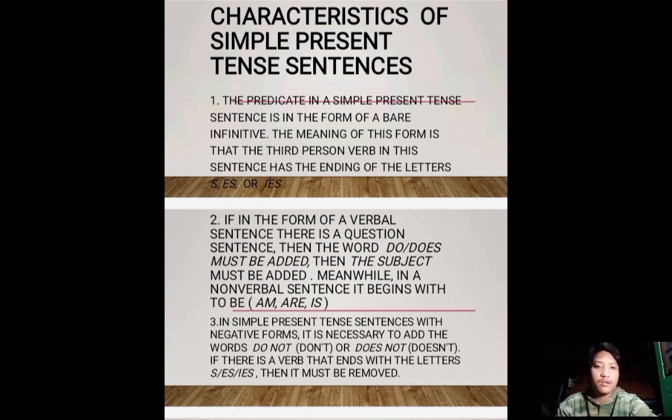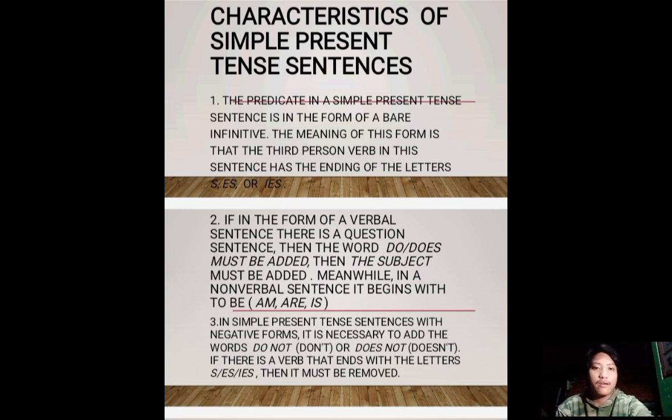Number one, the predicate in a simple present tense sentence is in the form of a bare infinitive. The meaning of this form is that the third person verb in these sentences has the ending of the letters